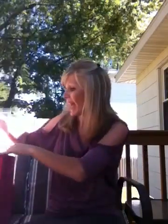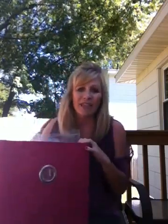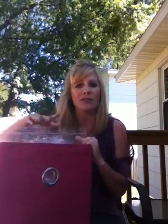So I can look at a glance at any point and know what bags I need to start filling. Even if I have 15 minutes for my business and I want to do something for my business, this is one of the things I can do. I can label some cups real quick, put them in here, so I always have this stocked. So when I get ready and pack up for a party, I can just pull from here. It goes right into my little black bag, and I am ready to walk out the door